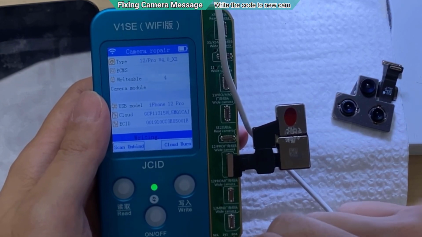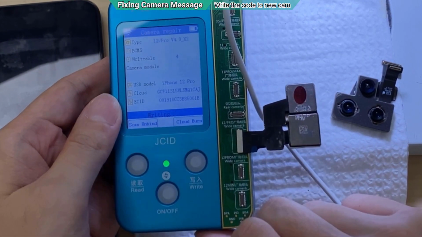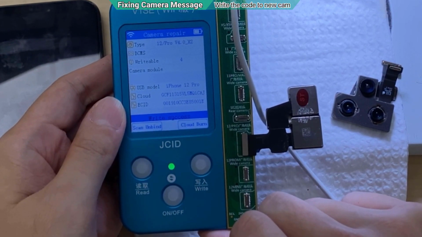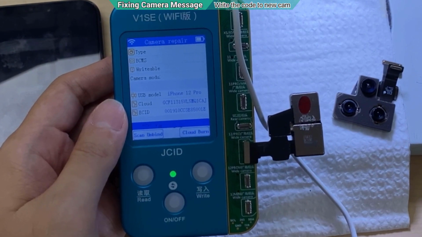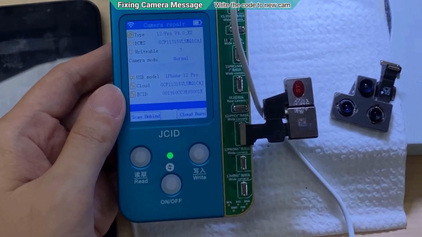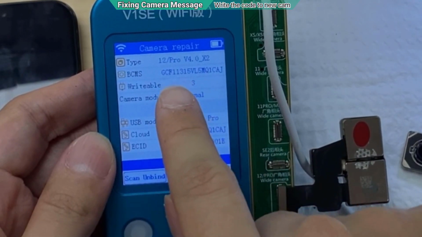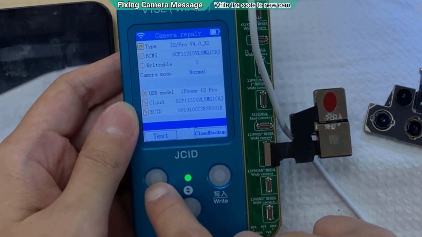Writing. Just be patient. Okay, I think it is done. It has already changed the code to here. That's it.